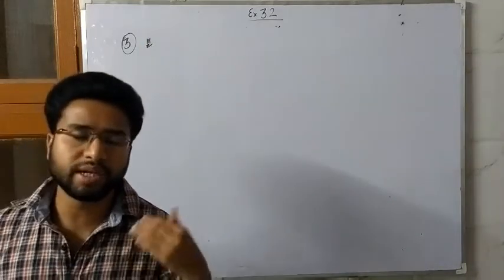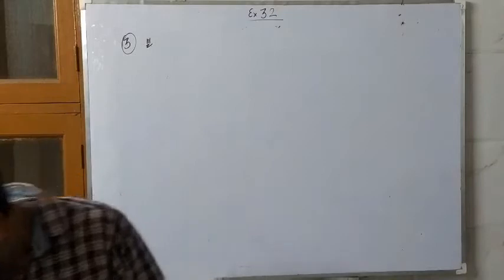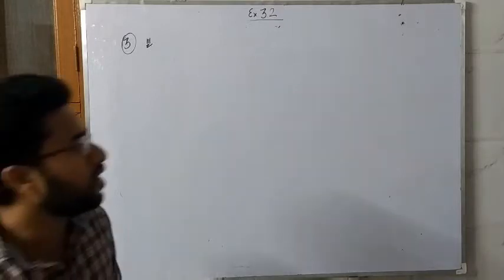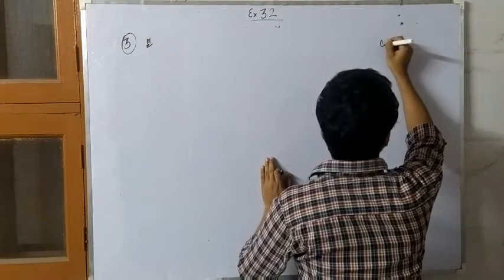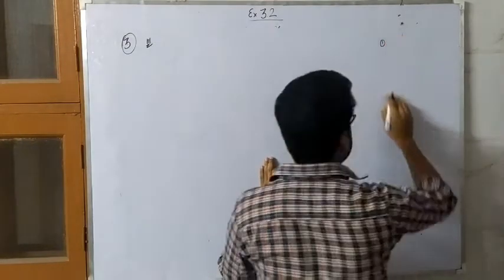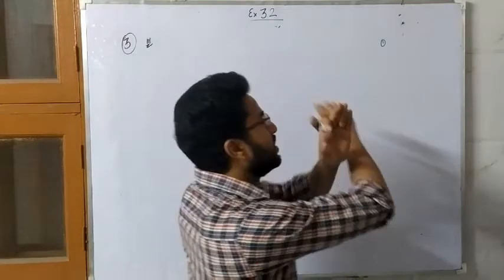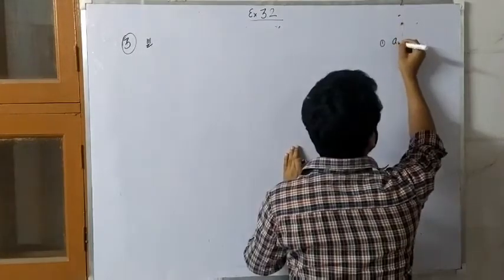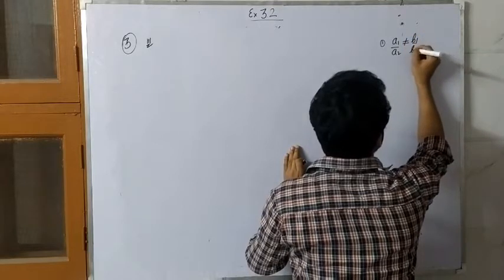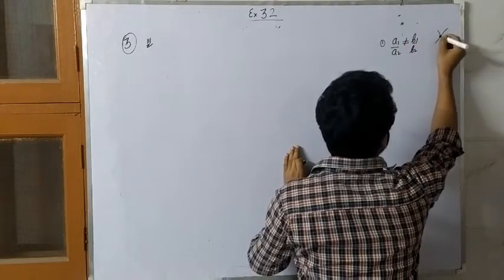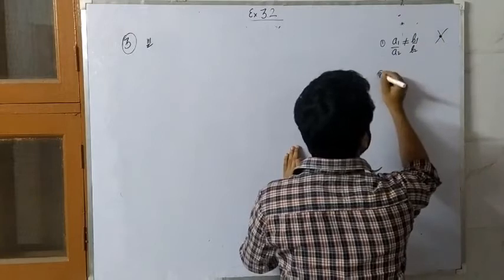What is the question about? We are being given a pair of linear equations. From these, we have to check whether the given equations are consistent or inconsistent. Remember those three conditions. For lines to intersect, they have a unique solution. The condition was a1 upon a2 not equal to b1 upon b2. This was for intersecting lines, right? And they have a unique solution in this case.